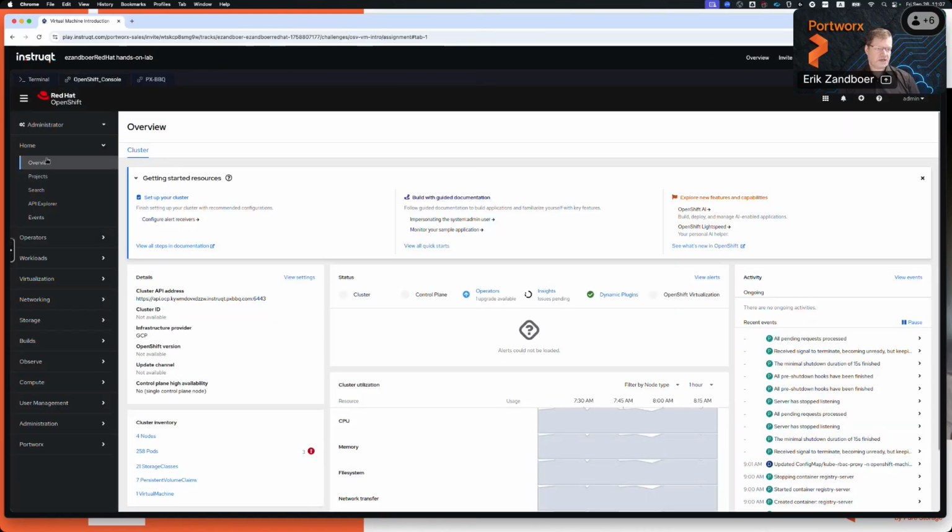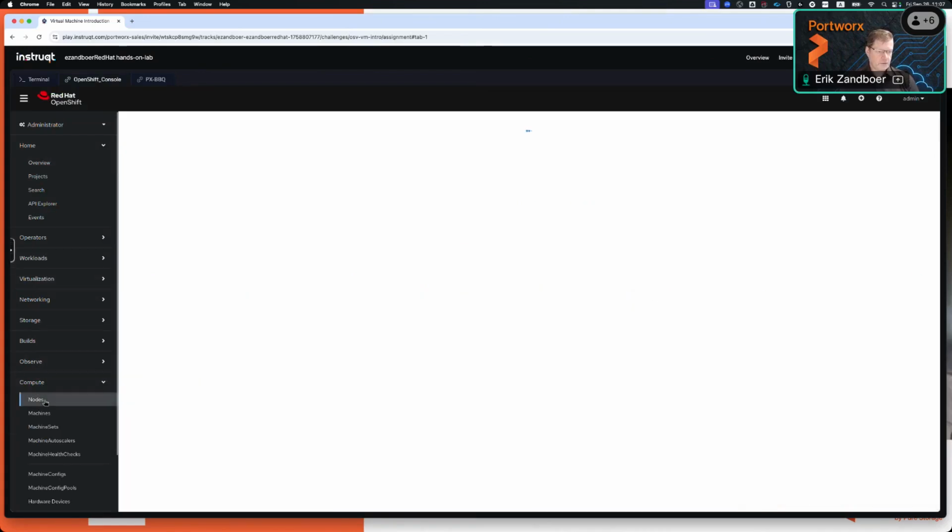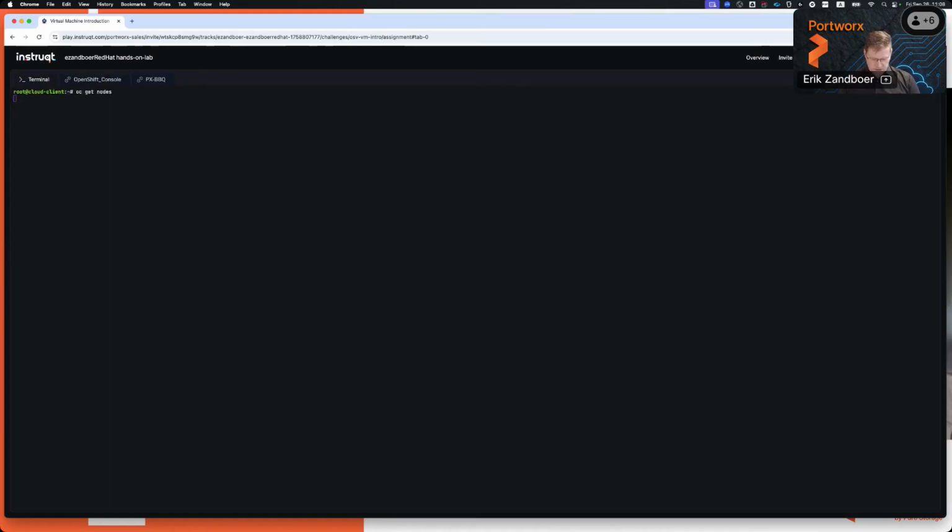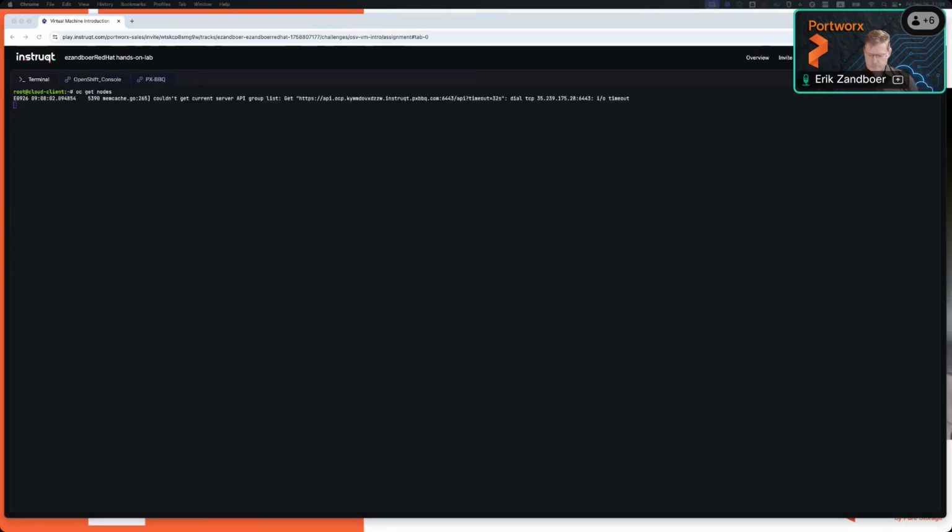Let's see if we have more success within the OpenShift console.